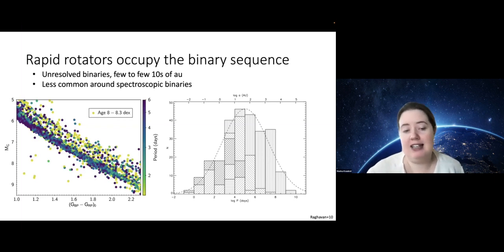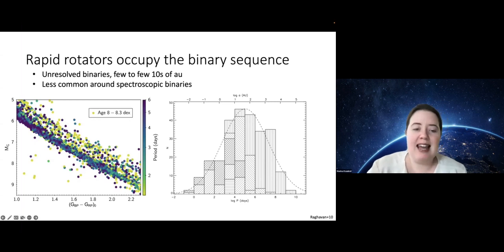And in context, this plot was done with Gaia data. A single pixel in Gaia would cover separation of approximately 40 or 50 AU for the stars at these distances.